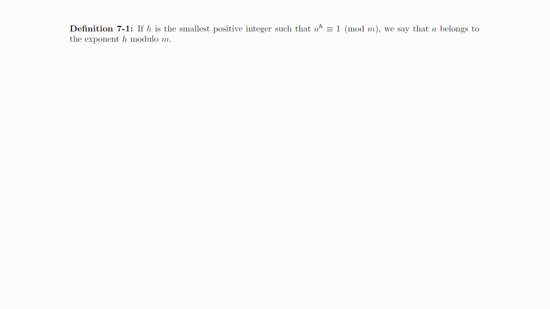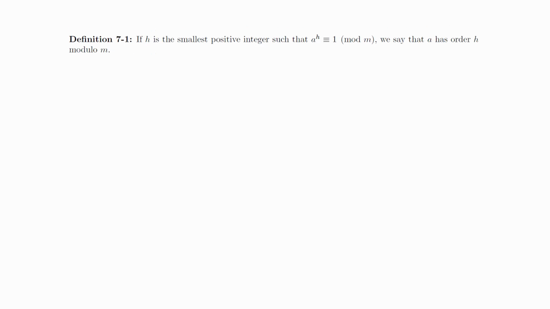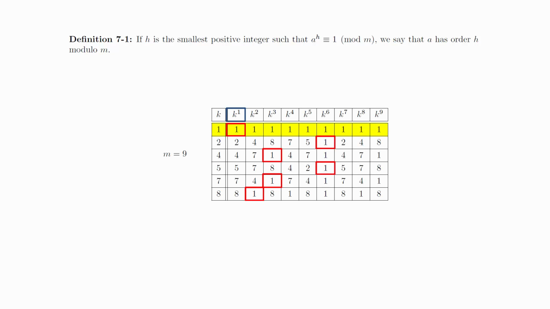The language in this definition is a little bit dated. Not many people use the phrase belongs to the exponent h these days. So we will use a more modern language and introduce a different definition. In fact, in several places in this section, we're going to reword things to frame them in a way that uses modern language. We will retain the numbering to allow for easy cross-referencing. Definition: if h is the smallest positive integer such that a to the h is congruent to 1 modulo m, we say that a has order h modulo m. For example, this would mean that the order of 1 modulo 9 is 1, the order of 8 modulo 9 is 2, the order of 4 and 7 modulo 9 is 3, and the order of 2 and 5 modulo